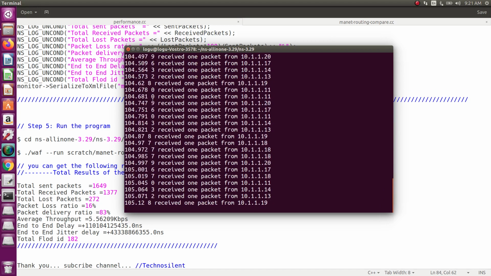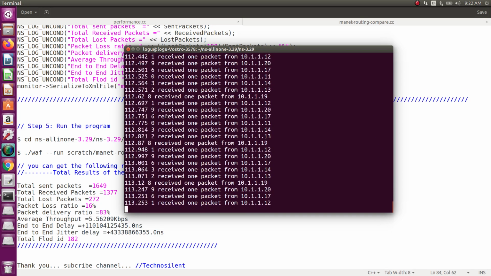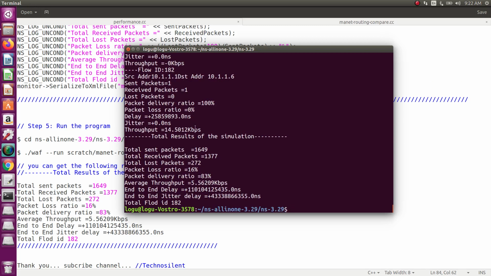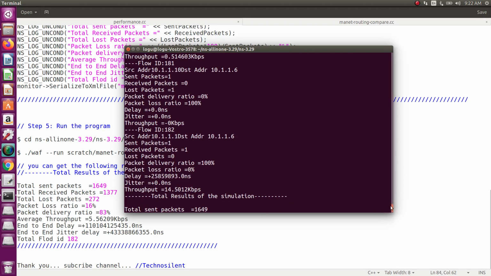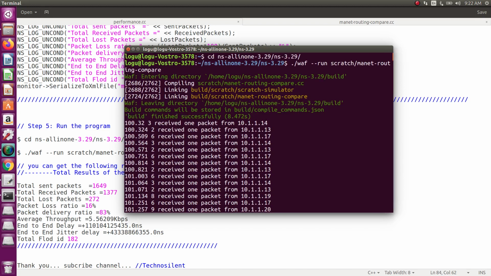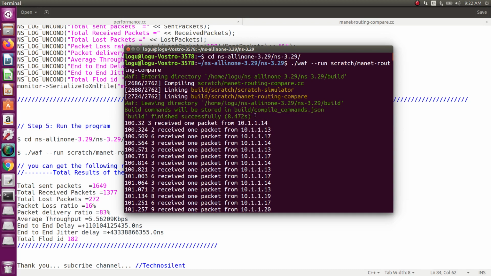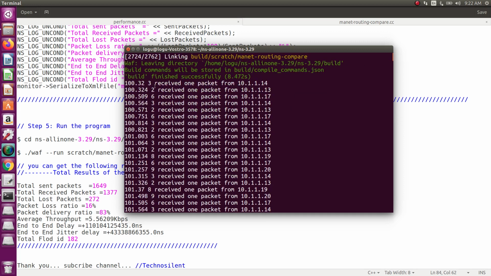Now we are getting the outputs of the MANET routing protocols. The build finished successfully at 8.472 seconds. Okay, so this is our output. One packet from an address, and what is the time?